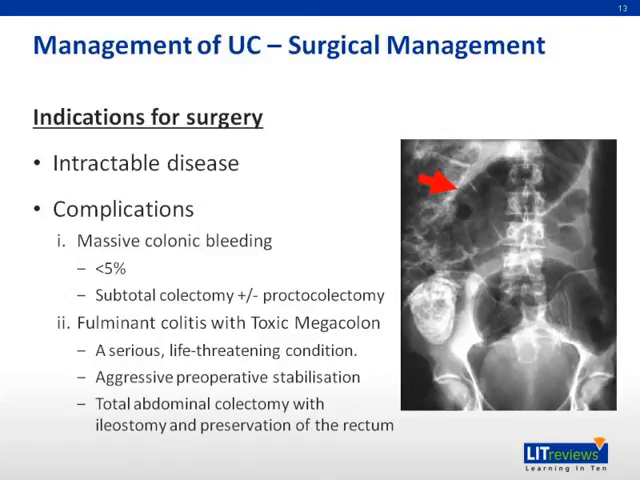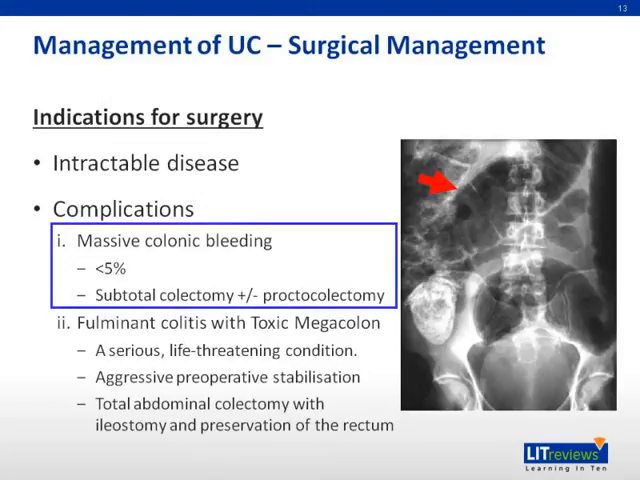The indications of surgical management of ulcerative colitis include intractable disease with persistent symptoms and the complications of ulcerative colitis. First, massive gastrointestinal bleeding. This is an uncommon event occurring in less than 5% of patients requiring an operation. Pre-operative resuscitation and stabilization is vital before surgery, and this involves replenishment of extracellular volume and transfusions. Subtotal colectomy is the procedure of choice, but if bleeding continues from the remaining rectal mucosa, an emergency proctectomy may